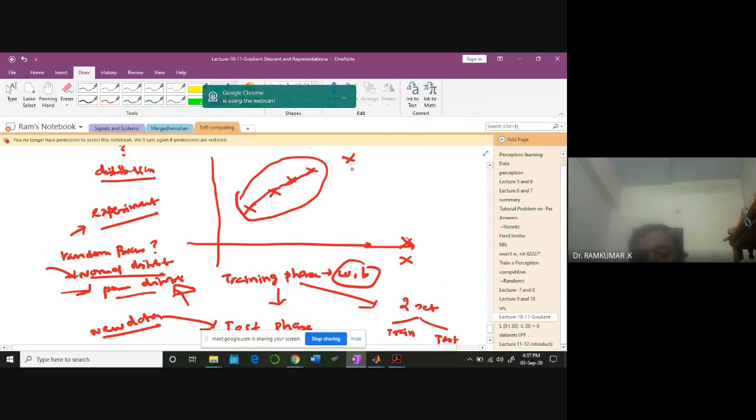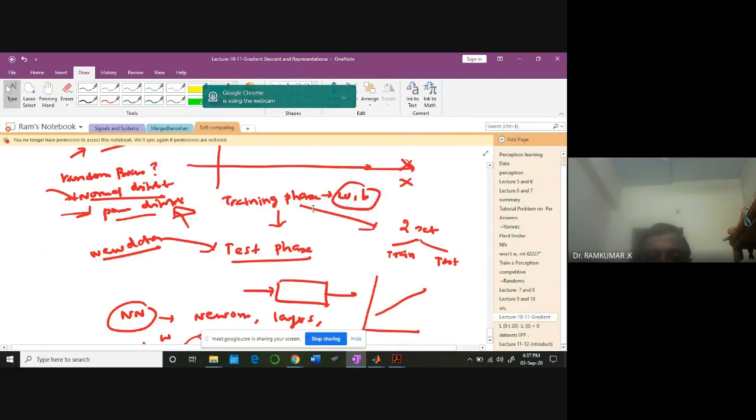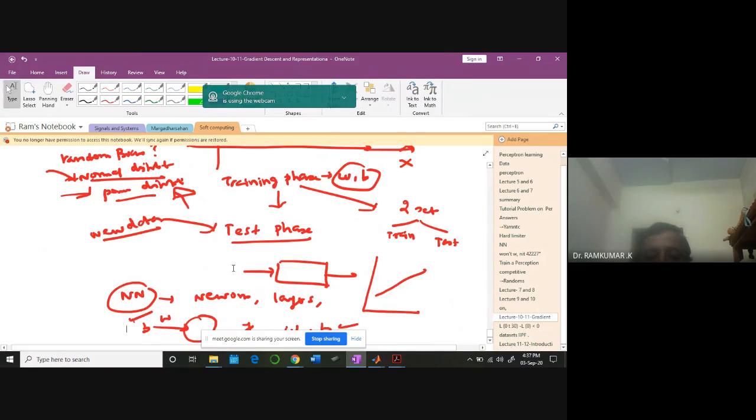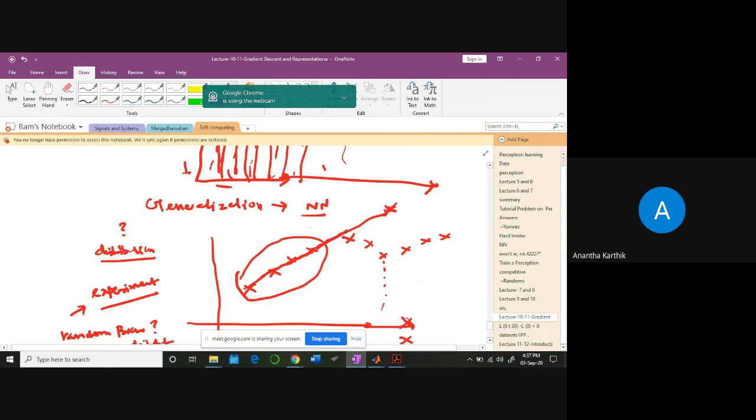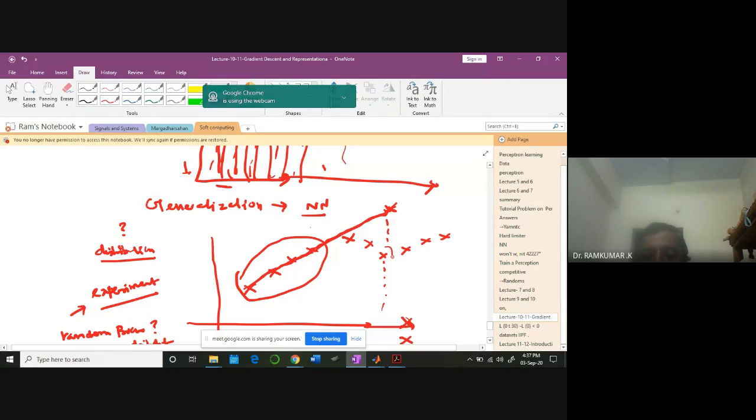In the original real world, the data may be initially like this, and then gradually it may go like this. Then what happens? You could have trained your network only with this data set, so you could have fit a line like this, with only one neuron. But when the new data comes for this point, this is the original real data, but your network will predict something like this. You understand the point what I'm saying? It's thinking it is a line, but the real-world data is somewhere here, because you have collected data only from this batch of data set. You have missed this data. So that's why a rich collection of data is going to help.